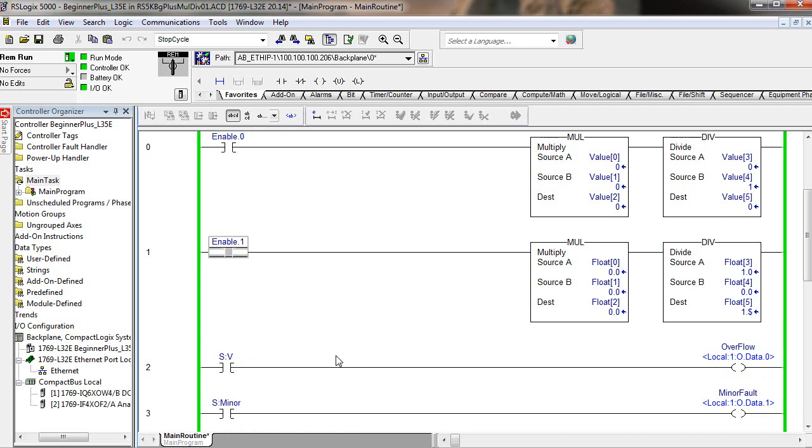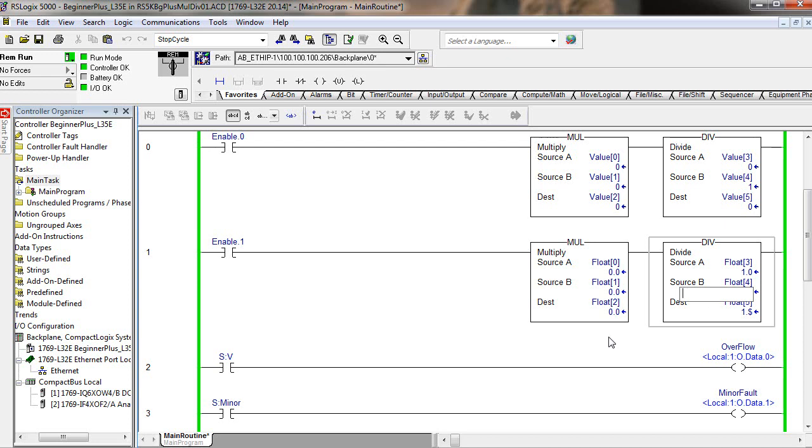How often was that minor fault occurring? I'm asking you these questions because they're in the manual. I already told you: every single scan, or 5,000 times per second, roughly 5,000. Now change float 4 to 1. So now we're going to be dividing 1 by 1, and as soon as